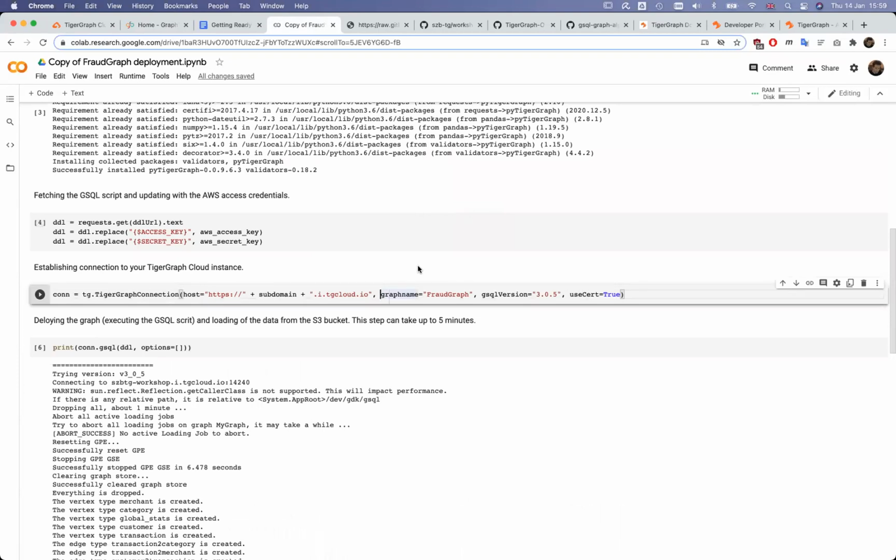If it's different, then you can add this parameter to your notebook, and then this will be used for connecting to the database. Or alternatively, you can just reset the password to TigerGraph. It's entirely up to you. Obviously, we wouldn't recommend that for anything other than these demonstrations where it doesn't really matter.